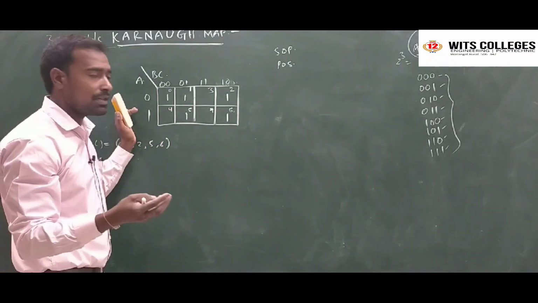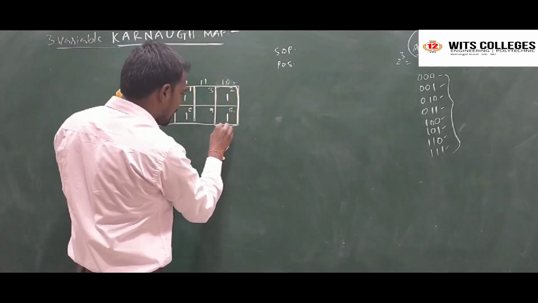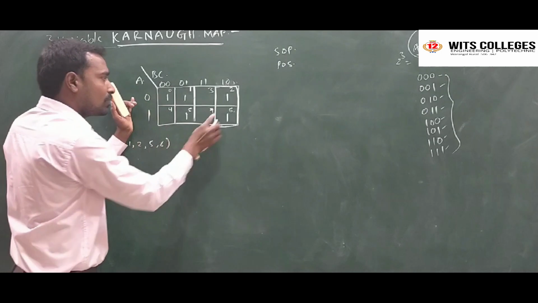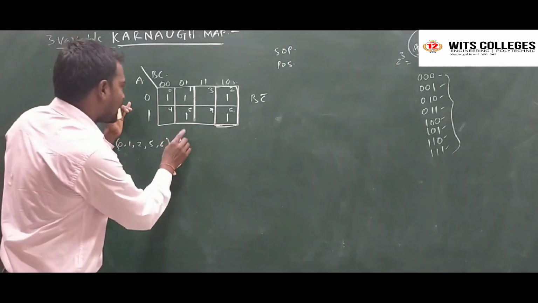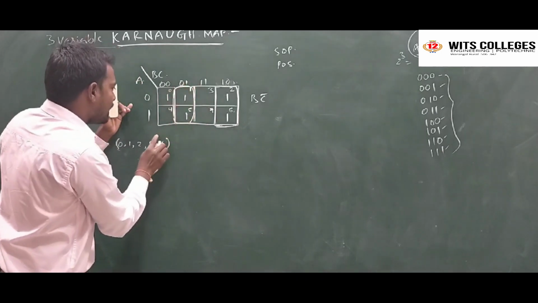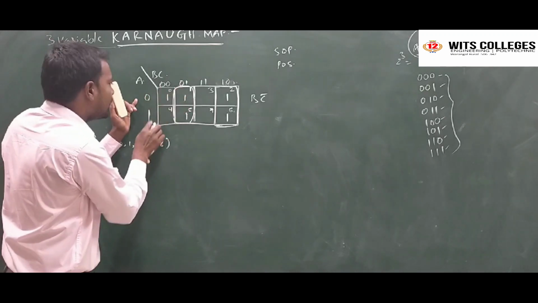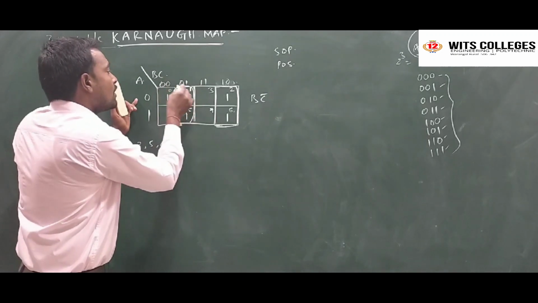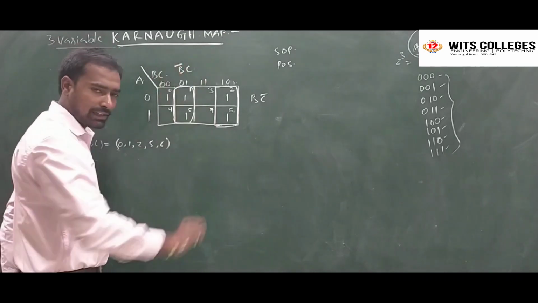Those all are cell, pair and quad. So here I am taking these two variables as common, and here a is not a variable, that is 0 and 1, so that's why here I am taking b c bar, b c bar. Coming to these two variables, I am collecting them, and we can write this side a is equal to 0 and b, a is equal to 1, so that's why we haven't taken this as common, and this side b is equal to 0 and c is equal to 1. So 0 indicates the complement and 1 indicates the actual variable.